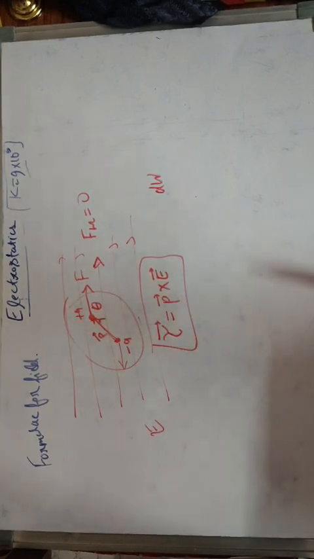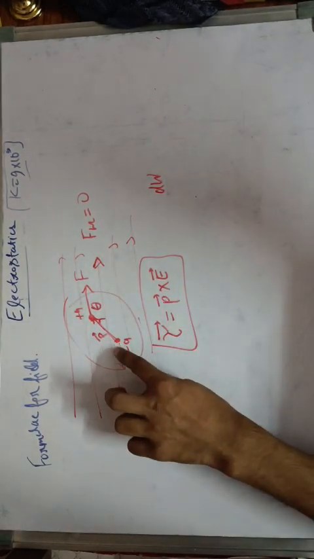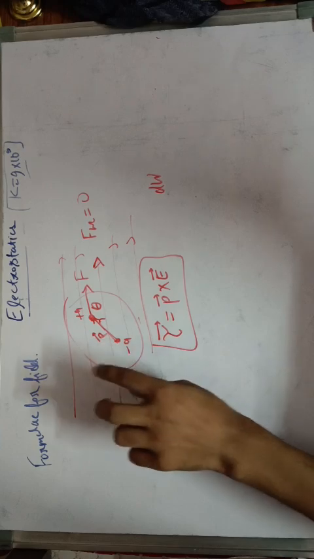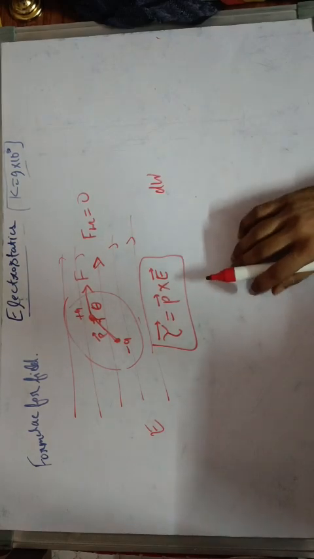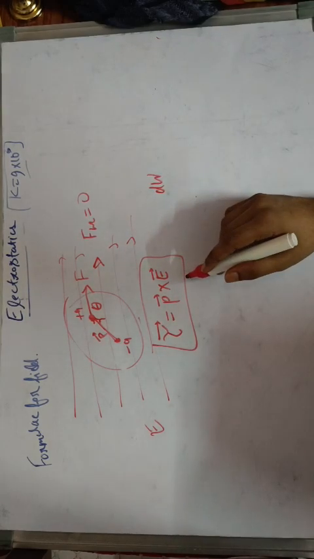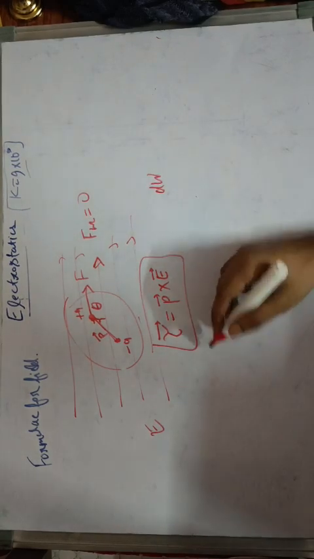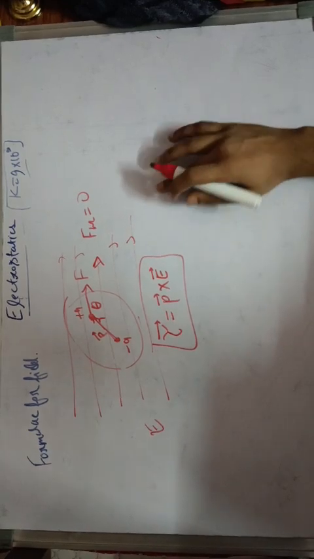The net force on this system is 0. There is only some torque acting on this system. Now the torque acting on the system is this P cross E,